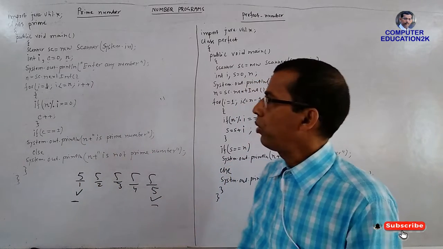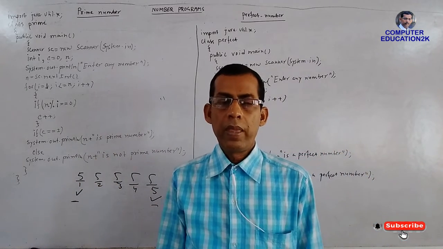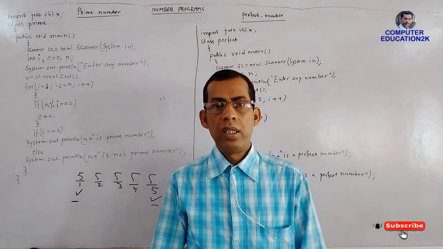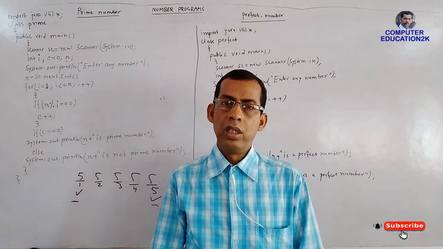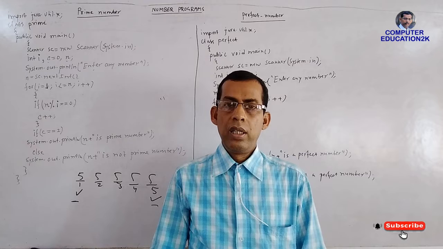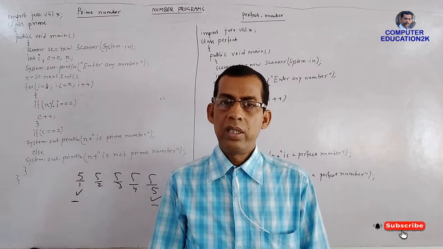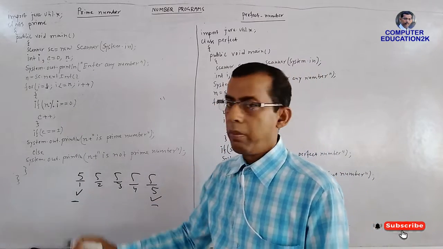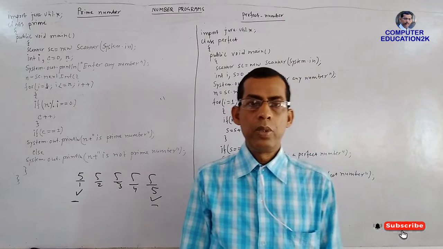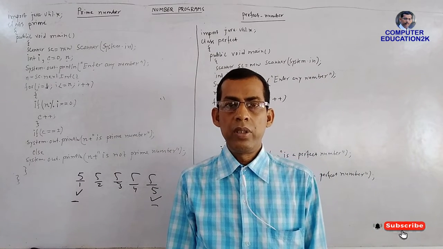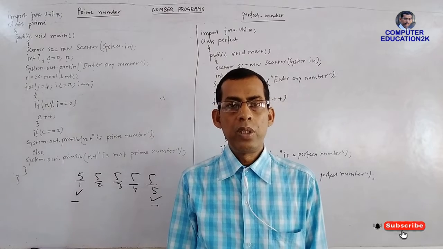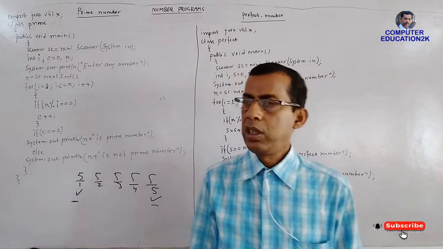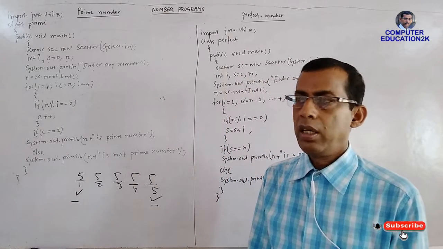So please follow. To do this program, I have taken 3 variables: I, C and N. In N, I will store any number, C is a counter, and I is used to make the for loop. C is the counter; you have to count how many times the number is divisible. If it is divisible 2 times, then it is a prime number. All prime numbers will be divisible 2 times because they are divisible by 1 and itself. So C will count how many times the number is getting divided.